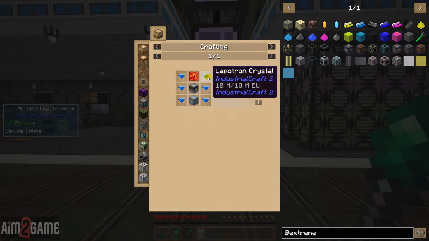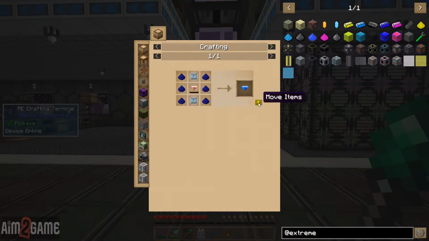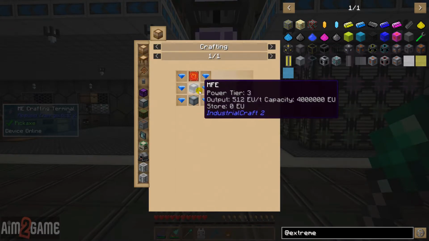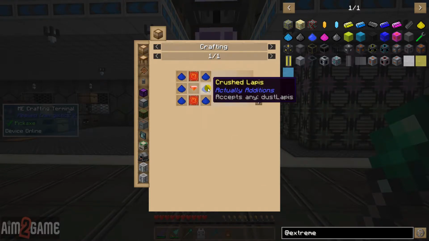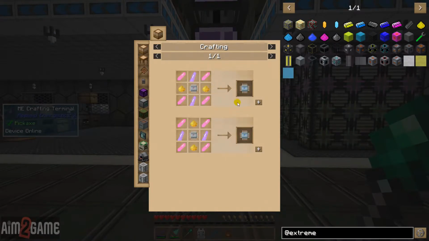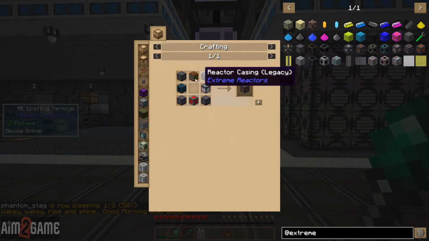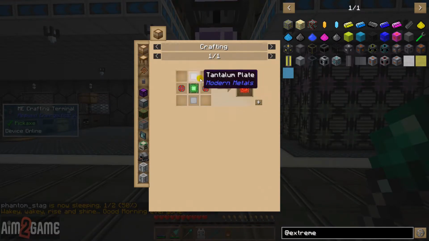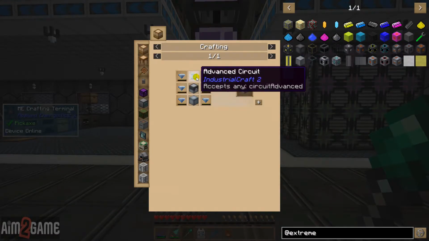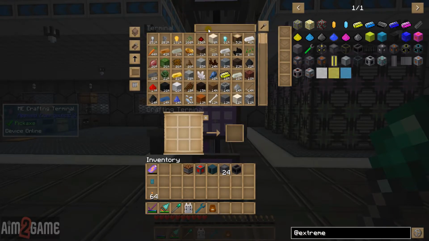Lapotron crystals? I need 6 of them. Well, I know we have plenty of lapis dust in there. We actually have an energy crystal, so that's a good thing. But we need 6 of these damn things. So that means I'm going to need 12 advanced circuits. And that just stinks. I'm going to actually need more than that. I clicked on the wrong one. Advanced circuit. Oh, I need empowered Restonia. And empowered Palis. So...